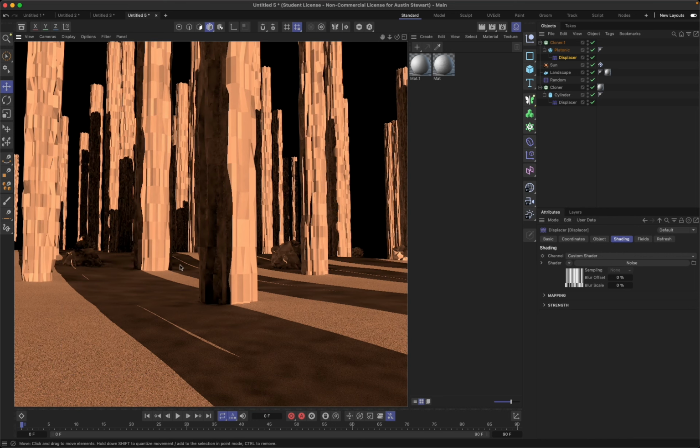Obviously, if you're building an indoor space, you should build the whole room. All you have to do is use planes. You can make them editable, delete polygons to put a hole in it so that light comes through, like for a window. I'm not going to do that for this one. But so I've used some primitives, and then let's say, oh, I want there to be some flowers or something